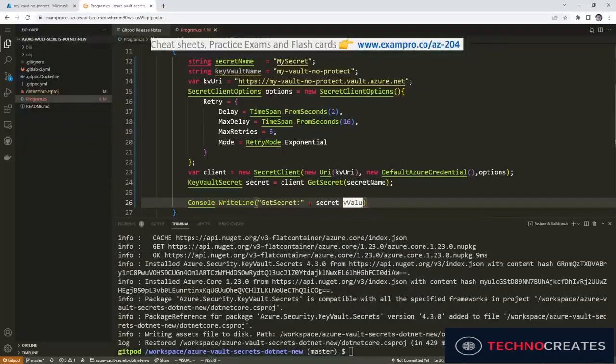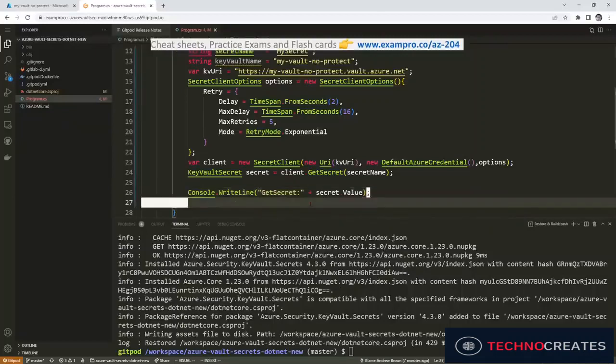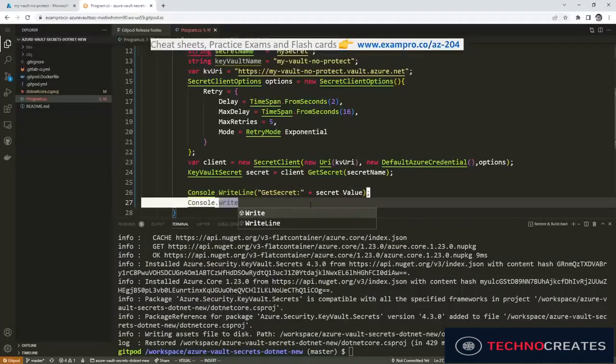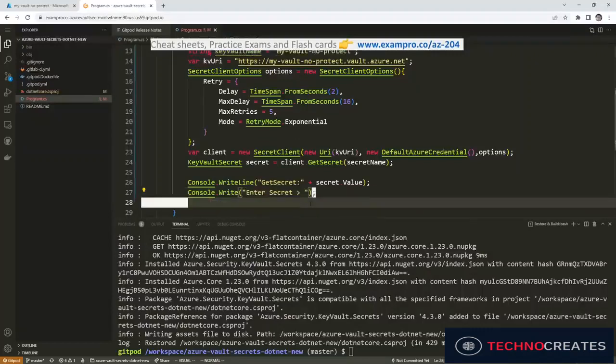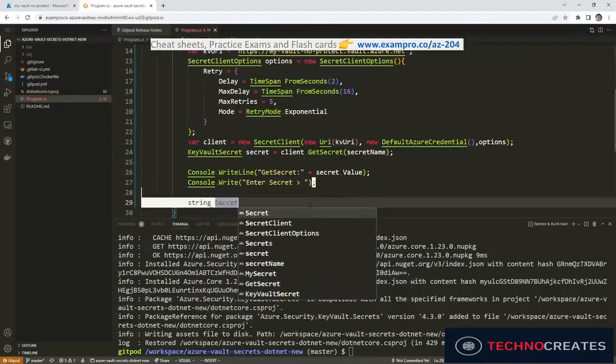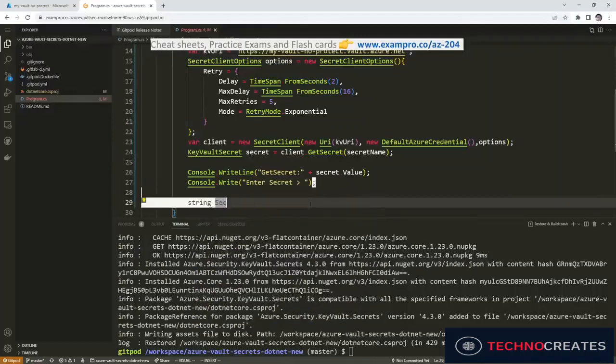I didn't mean to spell vault, capital V on the Value. It's giving me some trouble here. Semicolon, and then the idea is we're going to want to enter the secret. I'm pretty sure I took this from the Azure docs. I just don't remember where, because this looks very familiar, but I think I reorganized it so that it was a little bit more streamlined, because there was a little bit more going on with theirs. And so we'll say string secretValue,